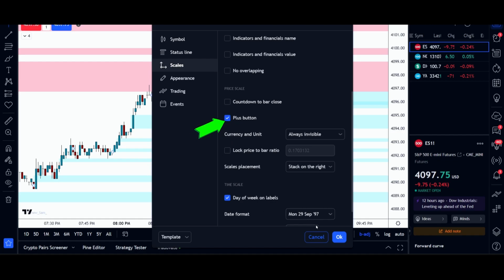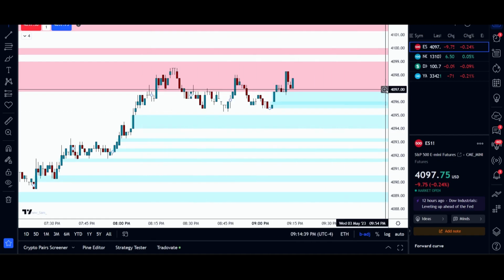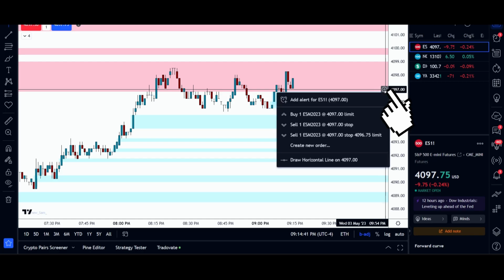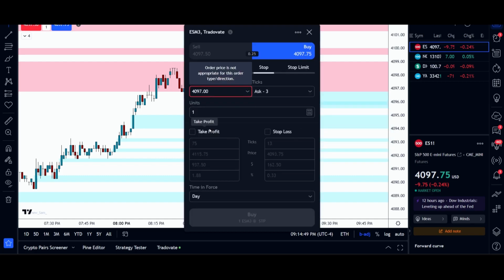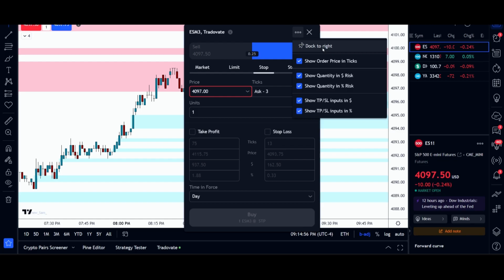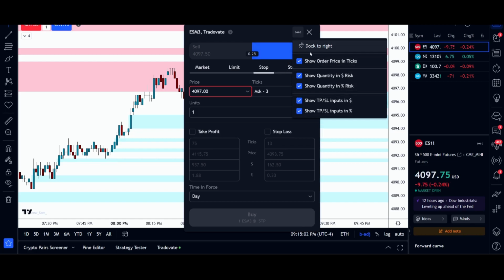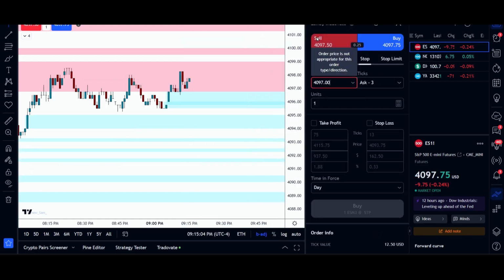Turn that on because that's going to give you this right here. So once you have that turned on, go ahead and click that. And then you can either buy, limit, stop, but we're gonna create a bracket. All right, so you have ESEM3, Tradovate, and then you can have a dock to the right, show order price and ticks, show quantity and percentage. We're just gonna leave it right here, and then if you dock it there, it stays there, which is kind